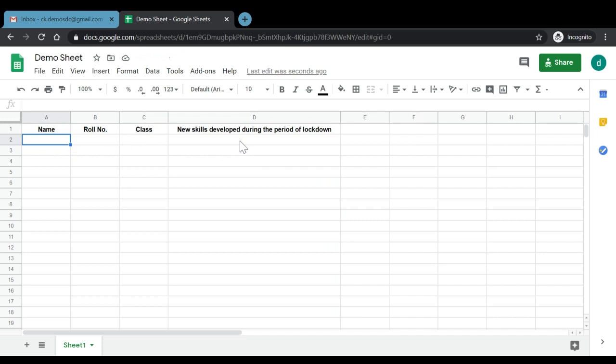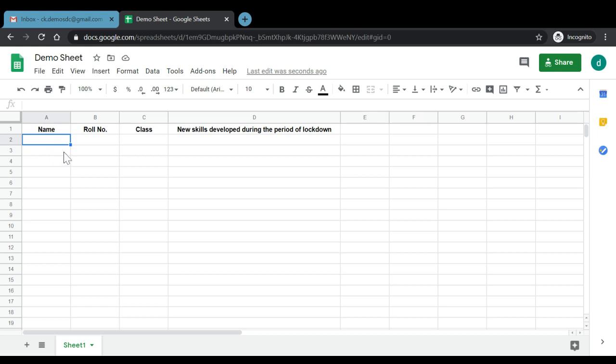Now, one particular word of caution here would be that when a file is being shared through a link with a number of people, there might be a possibility, when 10 students are working together on a spreadsheet, of replication. For example, one student is typing in cell 2. The student by name of Akshata doesn't know that the student by name of Ananya is also working on the same spreadsheet at the same time.